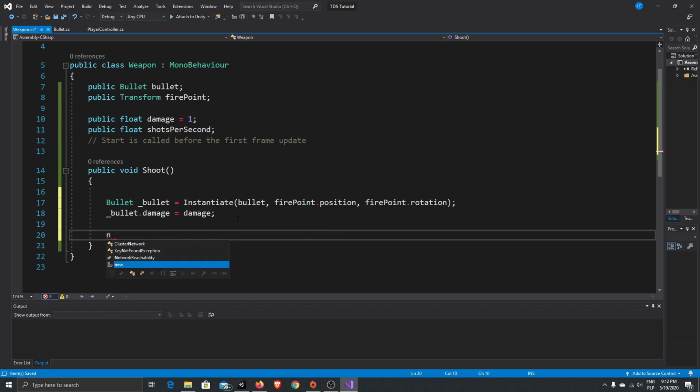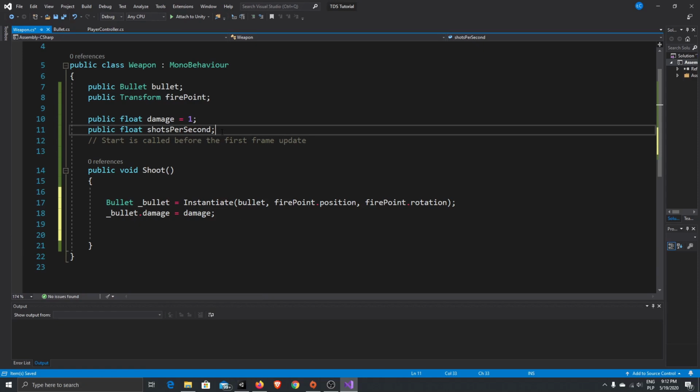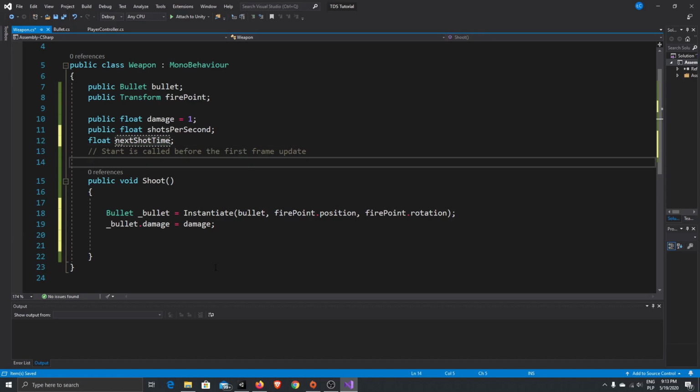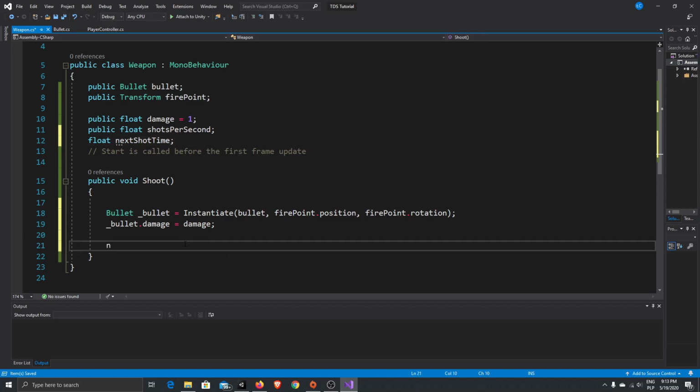We need one more variable. It will be float next shoot time. So the next shoot time